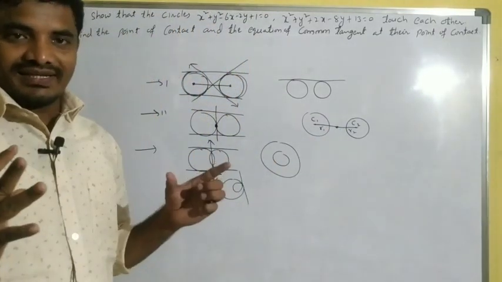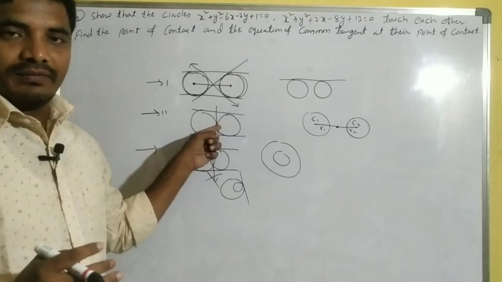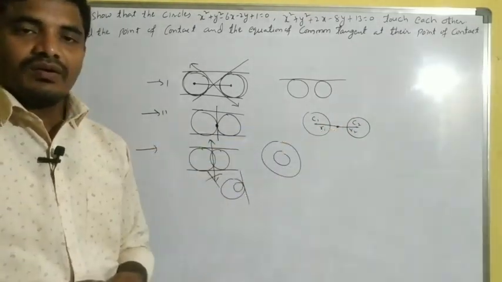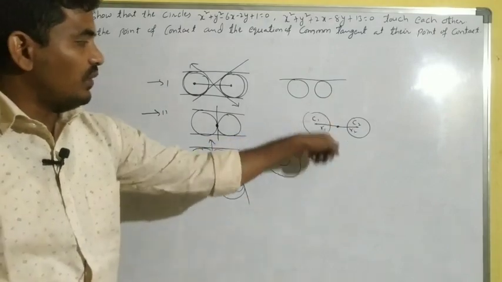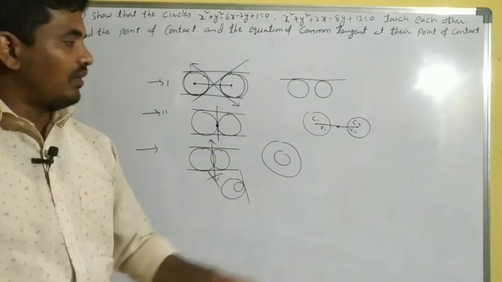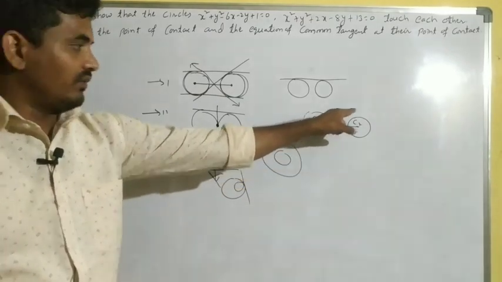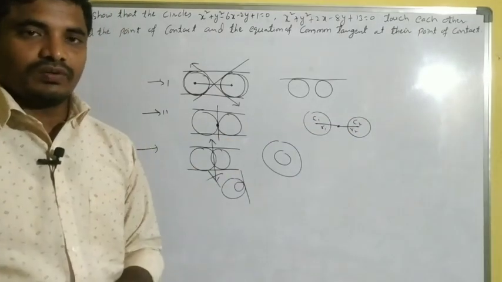When they are intersecting, we can get a point of contact. When they are not intersecting, we get a point of contact like this. Through this point we can get tangents. Common tangents we cannot get here, but transitive tangents we can get through that point.